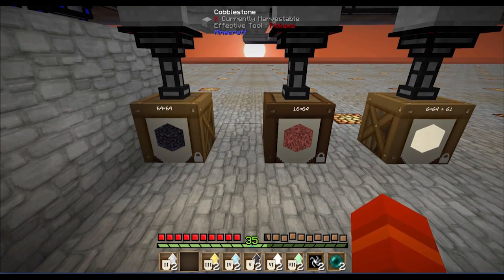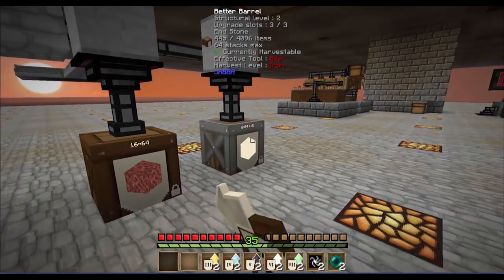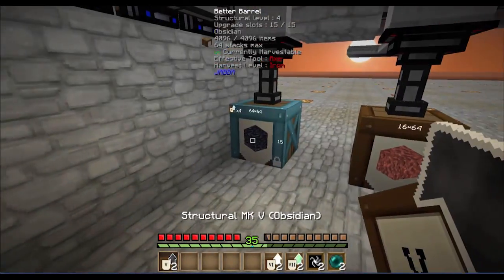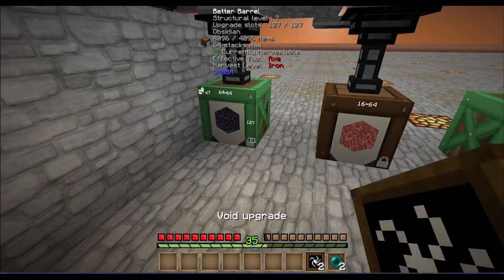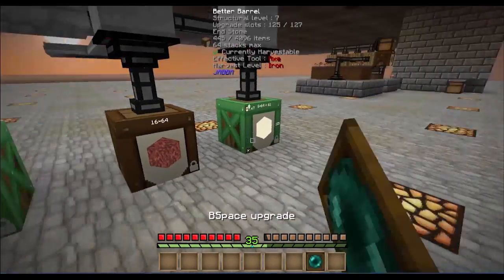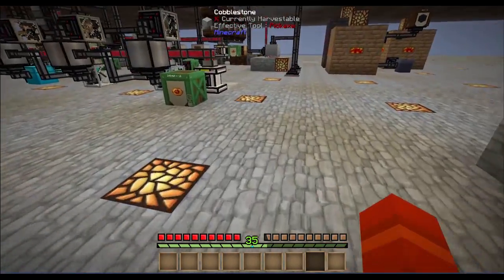Okay. Oh, okay. Now that I've got an empty slot, what it's doing is, when I use up the other ones, it's popping them onto my bar. There we go. So now